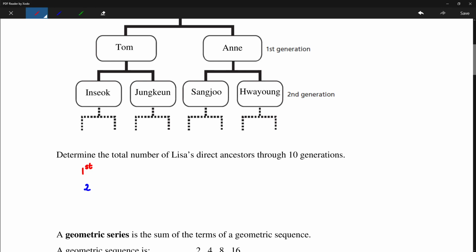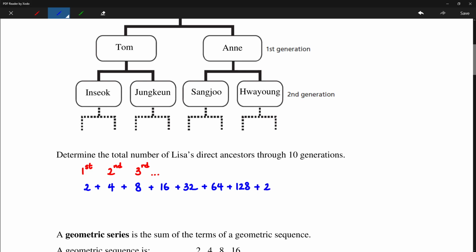Second generation, four ancestors. And then the third generation will be eight ancestors. Basically, it doubles every iteration. And then we will have the numbers 2 plus 4 plus 8. And then the next one will be 16, 32, and then 64, 128,